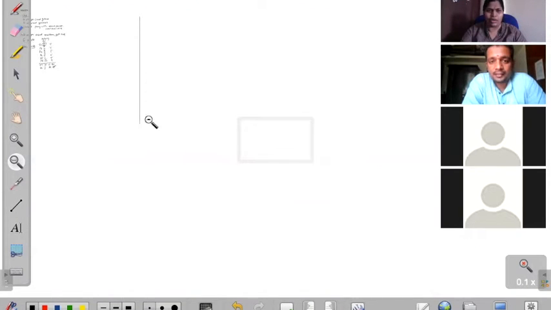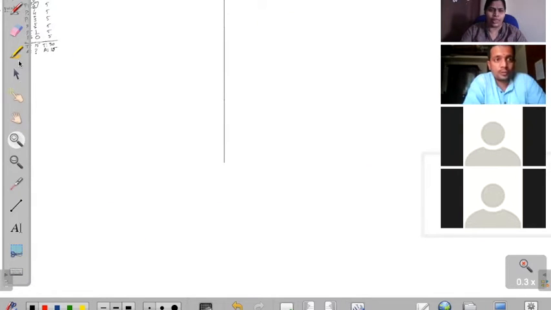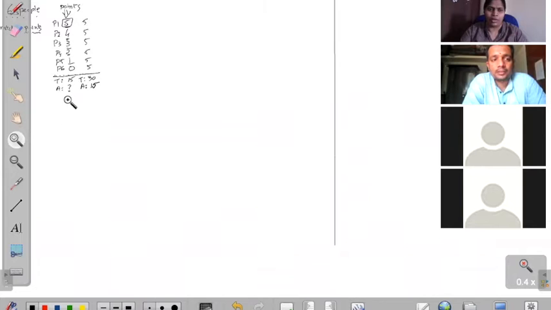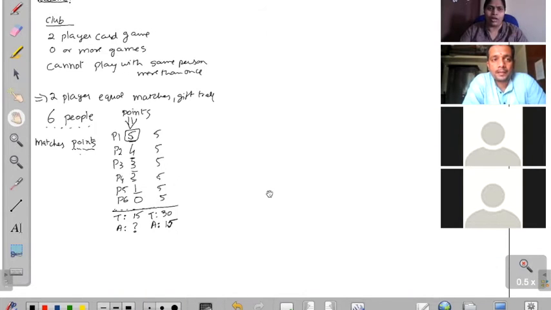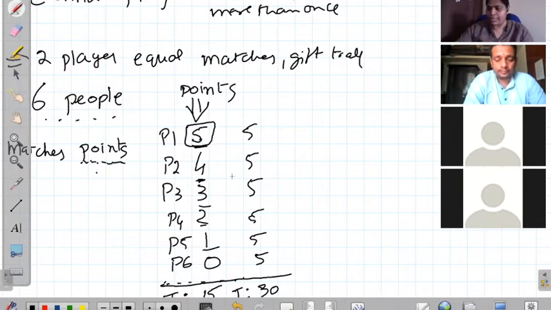Right. We are not counting because P2 has already played with P1, right? P1. Yes, we are not counting. So that's the reason it is a decreasing pattern, like 5 plus 4 plus 3. It's similar to handshakes only. Yes. So 5, 4, 3, 2, 1. Okay. So when player one plays